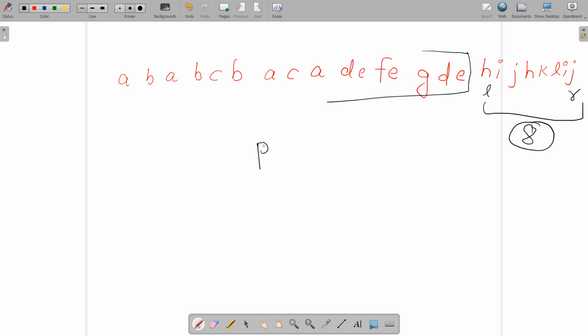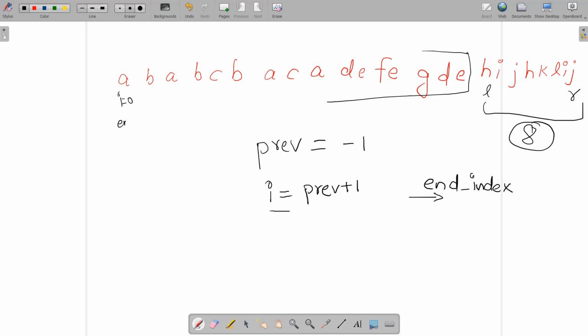We will take a previous variable, which will denote the index at which the last partition ends. We will initialize previous as -1, and each time we will start our left pointer, which is I, as previous + 1, and we will try to maximize our right pointer, which I will call end index, each time when we iterate from I to end index. If you are working upon this position, let's say, your I will be 0 and end index will be